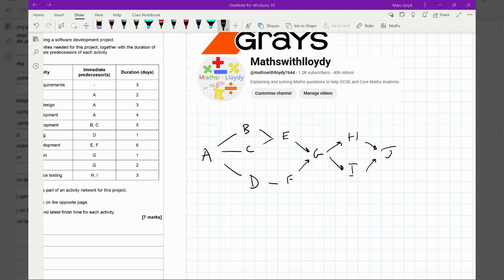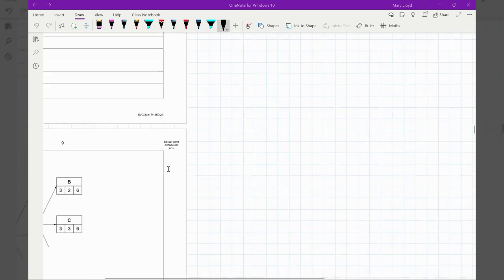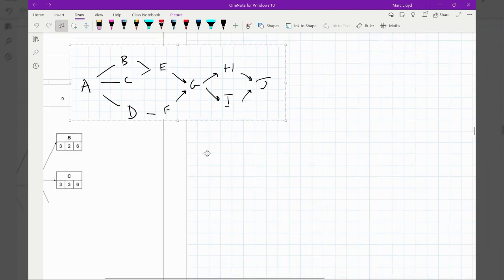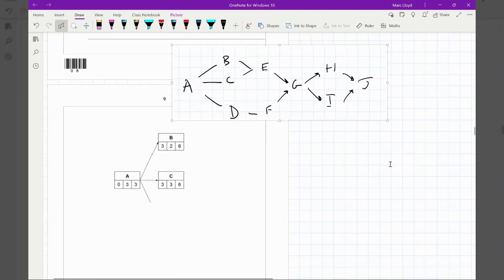And if I use my snipping tool, I can just snip that below. And then I've got a rough guide of my network, what it's going to look like. I'm just going to put it here and then paste it over here. Okay, so D, which I'm going to put below,